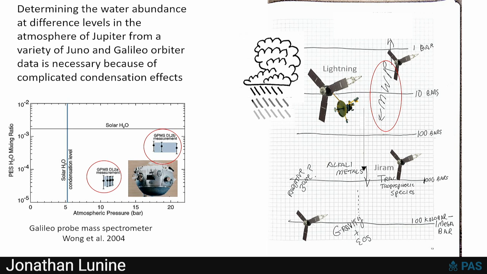Further, we don't know a priori the physical temperature profile in that part of the atmosphere. That also comes from the microwave data. And so determining the water abundance becomes a very complex problem. And so in addition to the microwave radiometer, Juno data that involves observing lightning provides us a constraint on water. Juno data that measures other species that carry oxygen, like carbon monoxide, which are sensitive to the oxygen abundance,